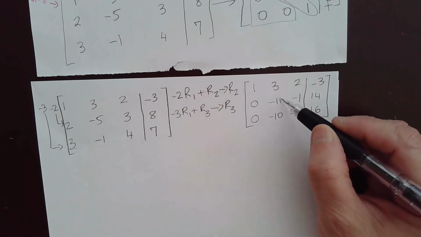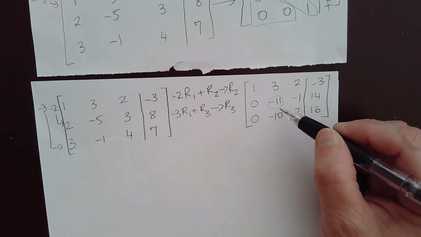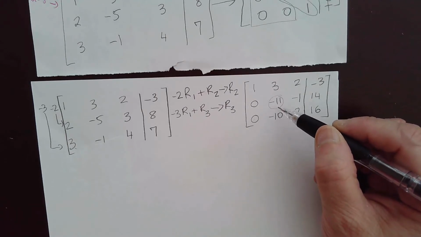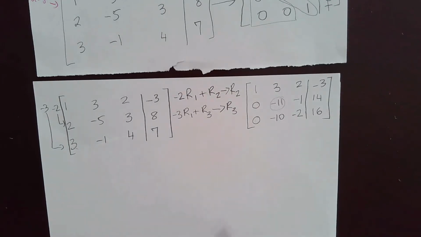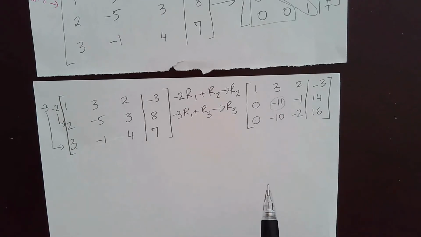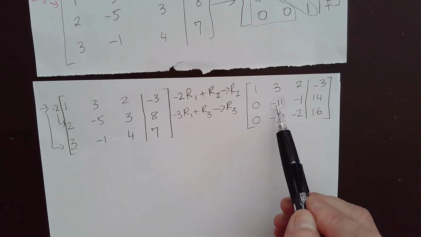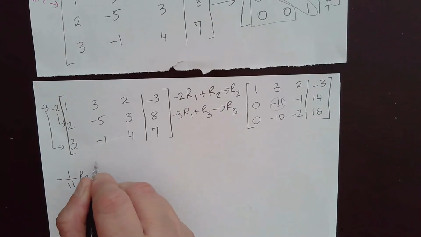Next, we have to make this one 1. Negative 11, we're going to transform it to 1. How do we do that? This is where we use the second row operation. We have to multiply a row by a non-zero number. So what do I have to multiply row 2 by to get 1 from negative 11? Basically, to get this 1, you have to multiply by the reciprocal of this. The reciprocal of negative 11 is negative 1 over 11. You multiply negative 1 over 11 by R2, and that would give us,